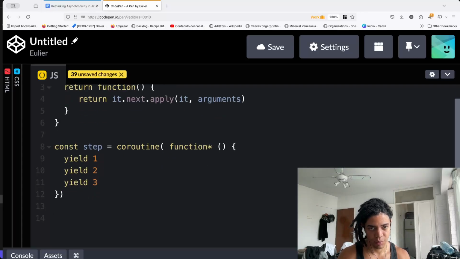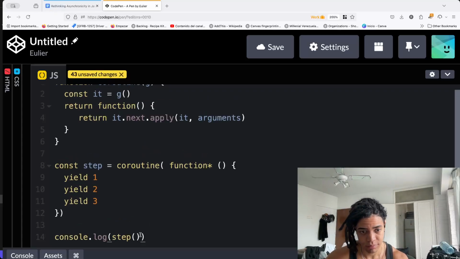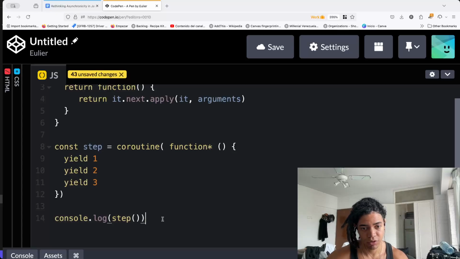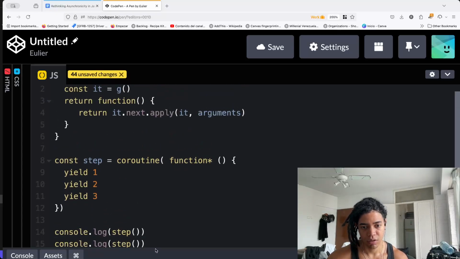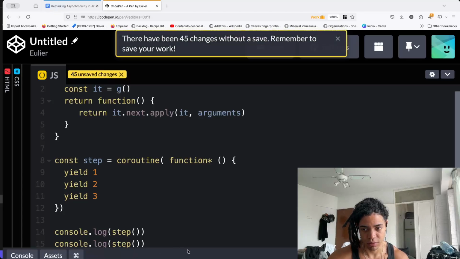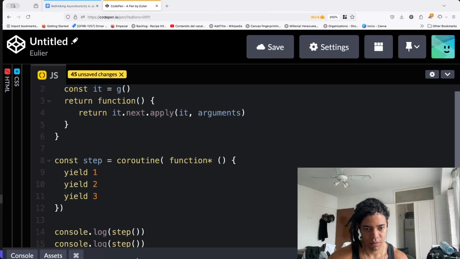By the time I call step, I want to know all of that. So we call step once, and then step again, and as you can see in the console,